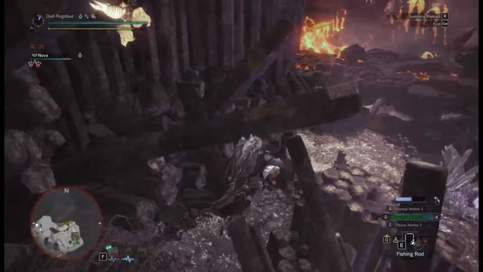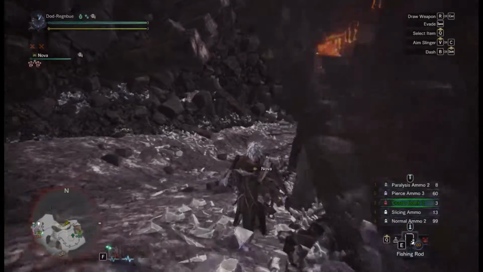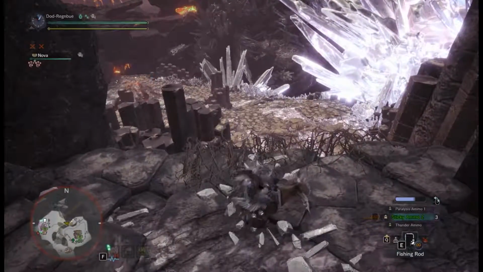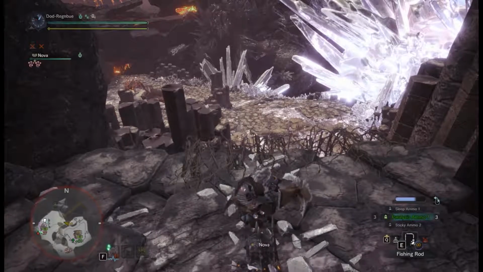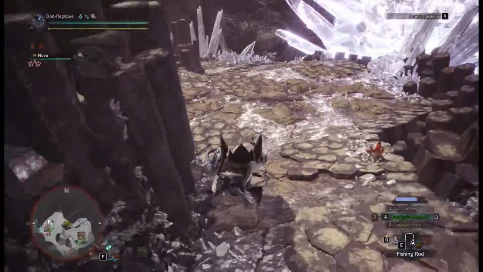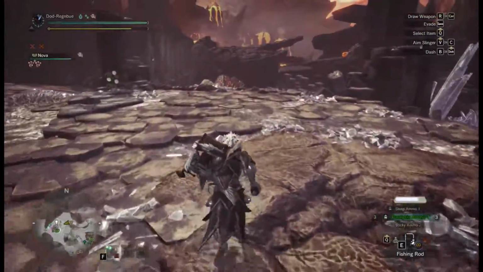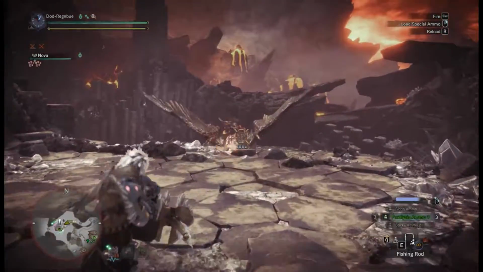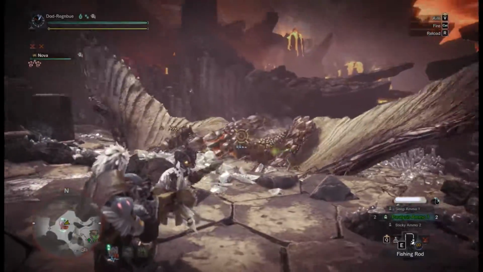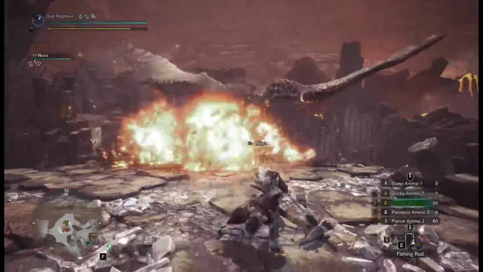The evade extender is nice because I find it to be quite a nice quality of life skill, particularly on heavy bowguns because of how slow and cumbersome you are. And overall the attack boost is nice, and the critical eye, they're mainly there. The reason it's only the attack boost is level 4 because that's when you get to the 5% affinity, and